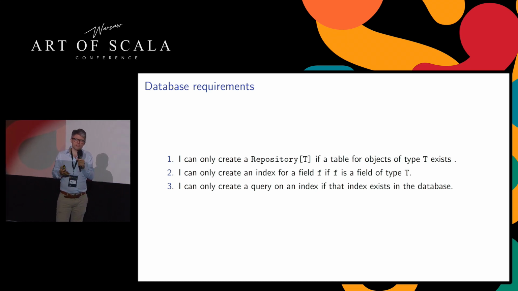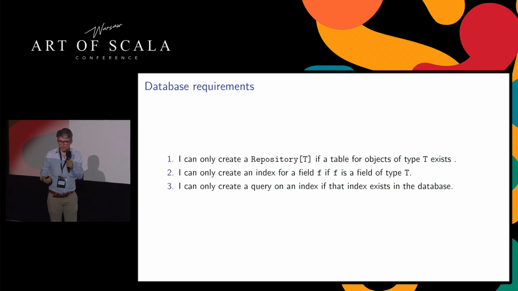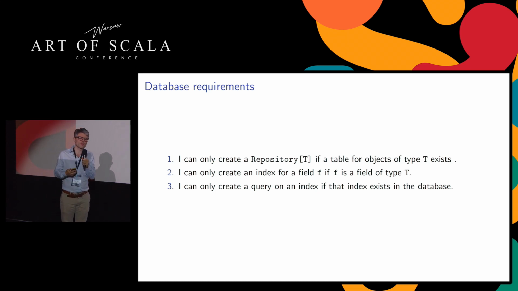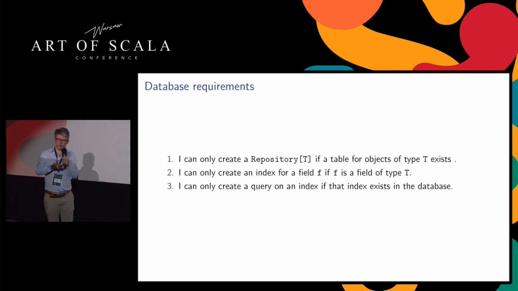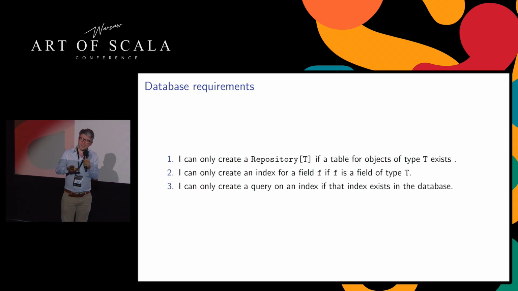I think we all know the situation that you deploy your application to the server, you run it, and then you get an error: table does not exist. And what happens is either you forgot to run your infrastructure code, or your table has a different name than you configured in the code, or there's a mismatch between what's actually in the database and what you thought was in the database. Or you run a query and you get index does not exist. And then again, there's a mismatch between what is actually on the server and what is in the code.